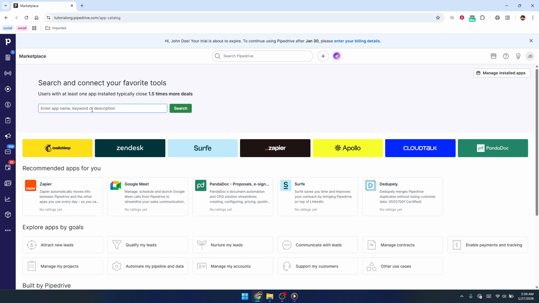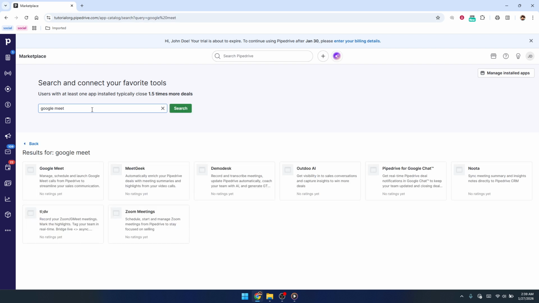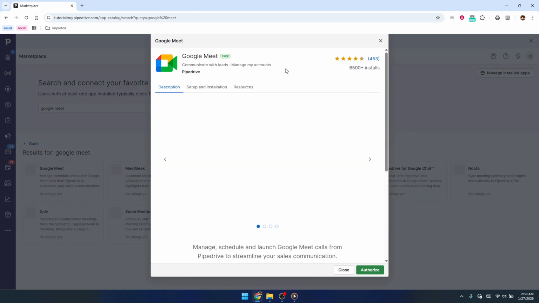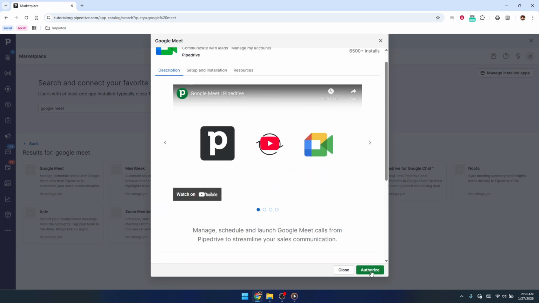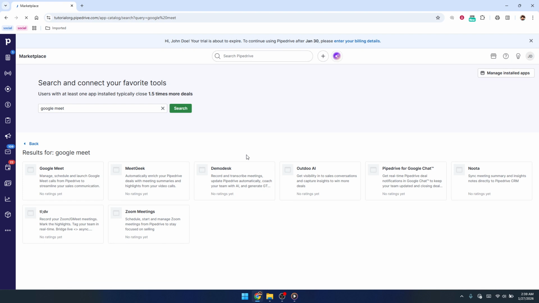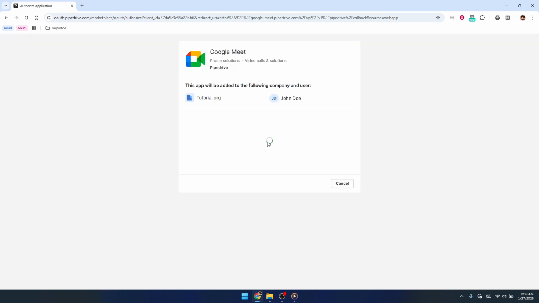Once the Marketplace page opens, you'll see a search bar. Type in Google Meet and wait for the results to load. When you see the Google Meet integration appear in the list, click on it to open its details page. On the Google Meet app page, you'll see a button to authorize the integration. Click the Authorize button. This tells Pipedrive that you want to connect your Google account so it can use Google